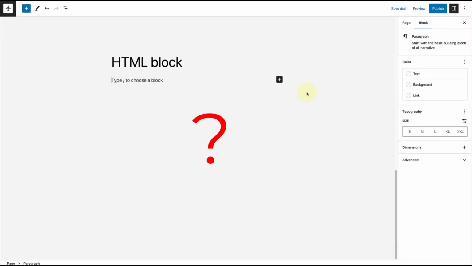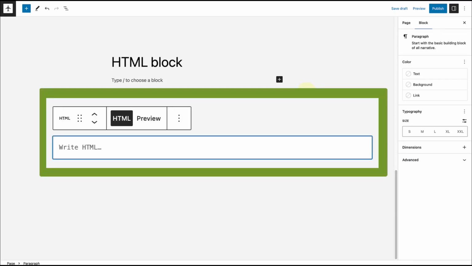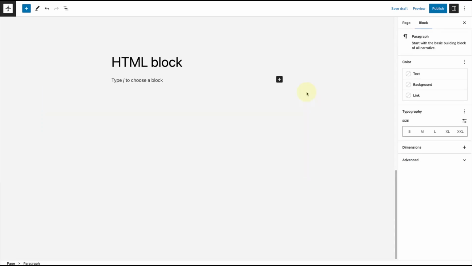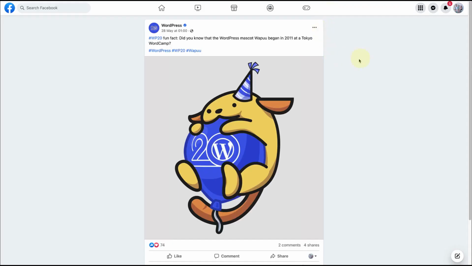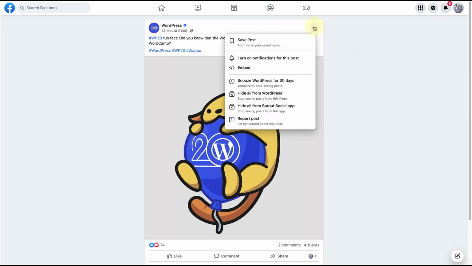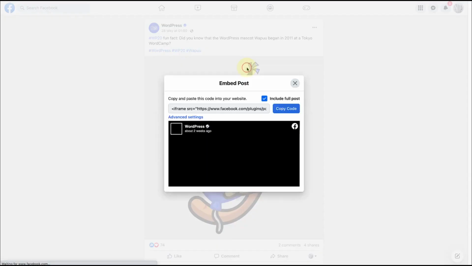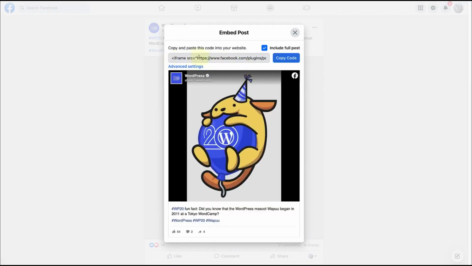But what happens if the embed blocks don't work? Well, we can use the HTML block. The embed block does not work for Facebook or Instagram posts, for example. So let's make our way to one of our Facebook posts. Click on the 3 vertical dots, click on embed,